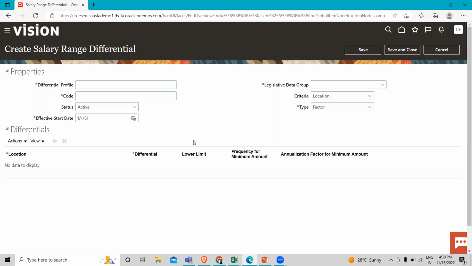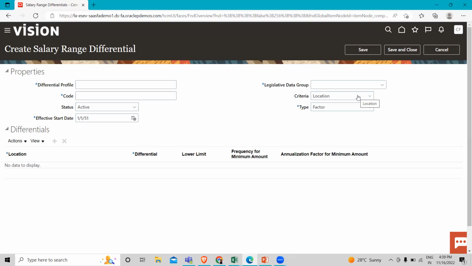For example, if you want to pay everyone working on the East Coast of the US at 1.1 times the standard grade rate, or everyone on the West Coast at 1.2 times, or you can pay central people the standard grade rate and everyone in the south at 0.8 times. That's why you create the salary range differential.